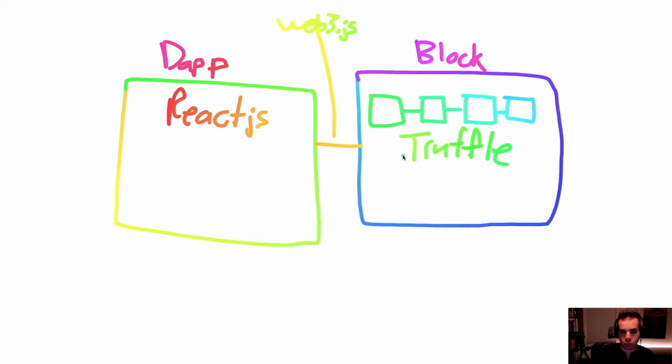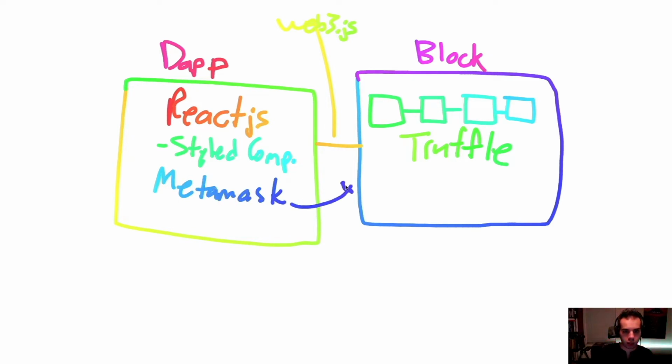And that's pretty much going to be it. We will be using styled components, but that's just for a little bit of styling and just to help with our overall structure. And we'll also be using MetaMask as our wallet to connect to this. And Truffle will also be using some tooling with Ganache, but mainly the thing that we're focused on right now is Truffle. But it does use a little bit of tooling from Ganache.